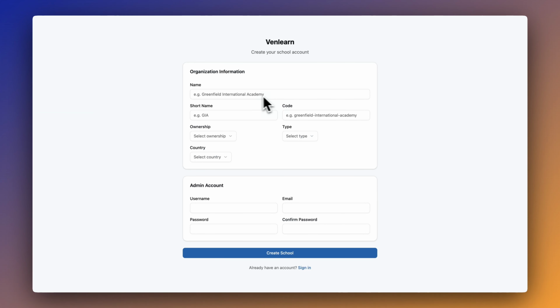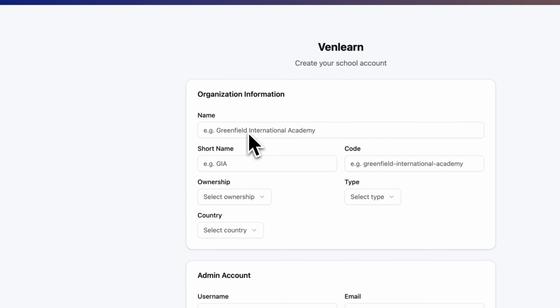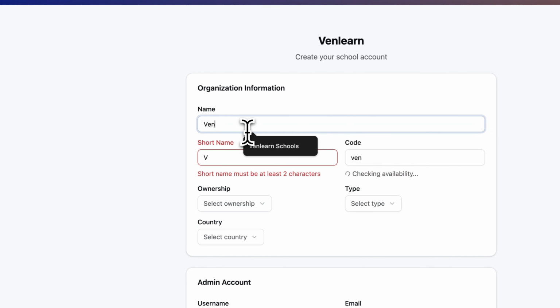Good day, everyone. So today we are going to talk about the onboarding and setup of Venlearn software. The first thing we are going to do is to create our organization accounts. As you can see, we first enter the name of our organization. In this case, the organization is called Venlearn